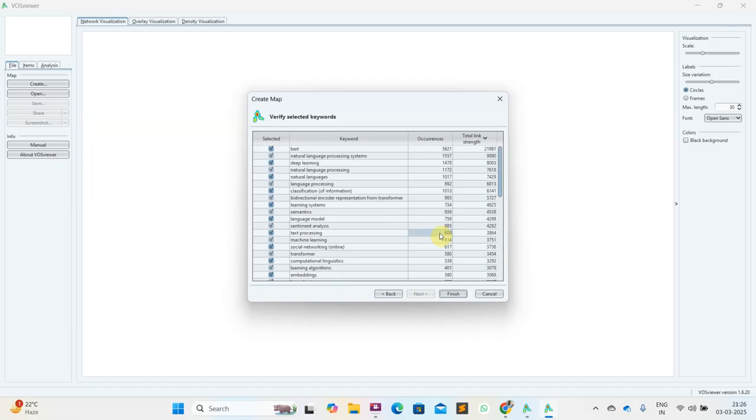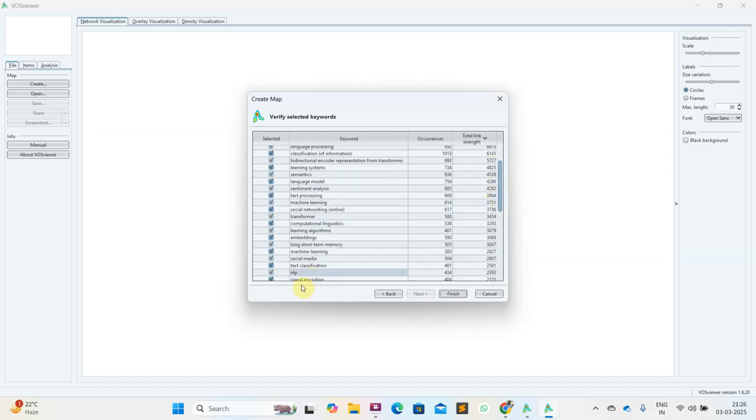Here you need to filter out some noisy entries, like if you are finding the relationship between algorithm and application, like BERT in text mining. But except algorithm and application, if you are getting some other words, then you may uncheck those.